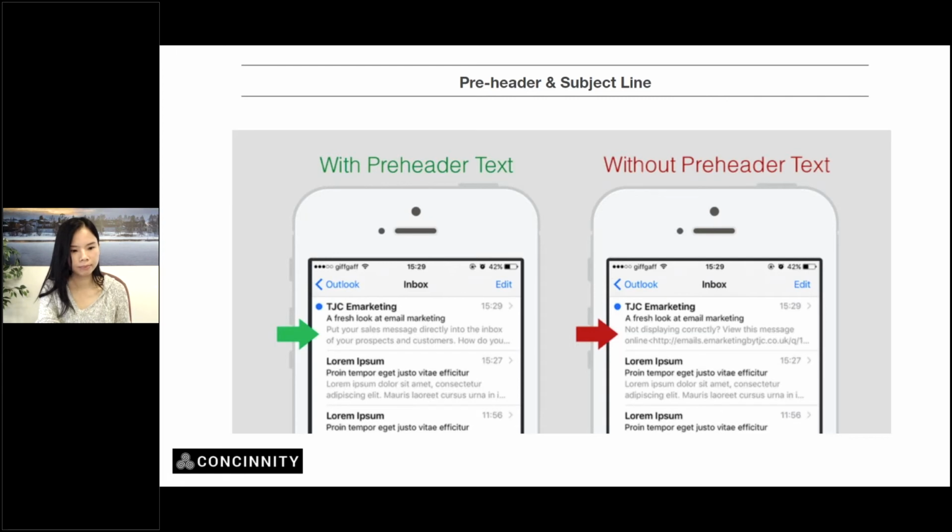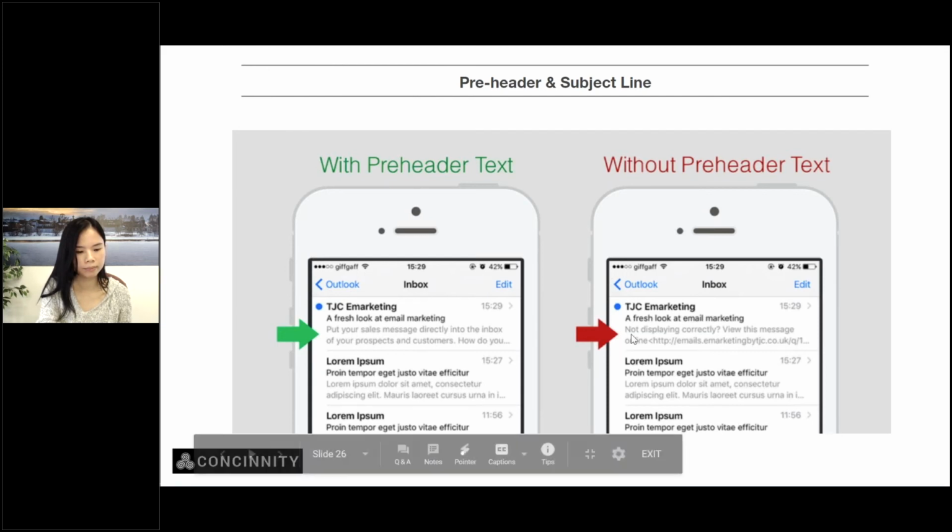The one on the left, in green, look at what's below the subject line. Put your sales, whatever the actual text is, versus the right hand side, where you see some randomly created text. That's called the pre-header.